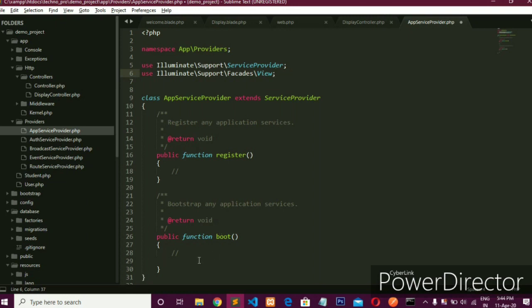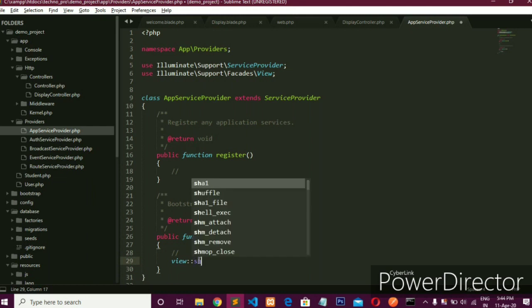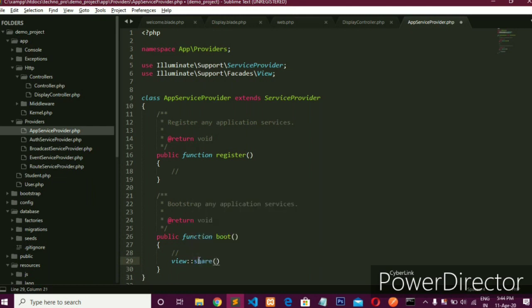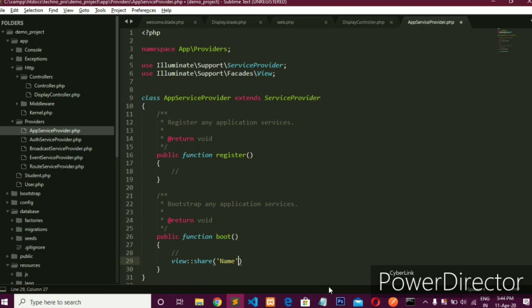Now you are able to use View here, and write the share method, in which I pass my variable name with its value.